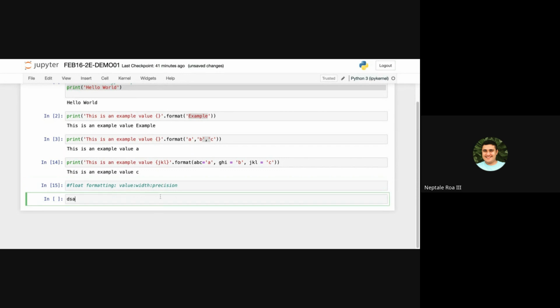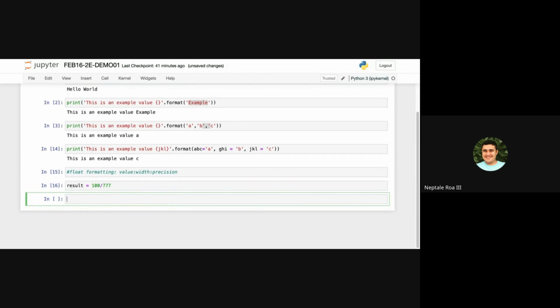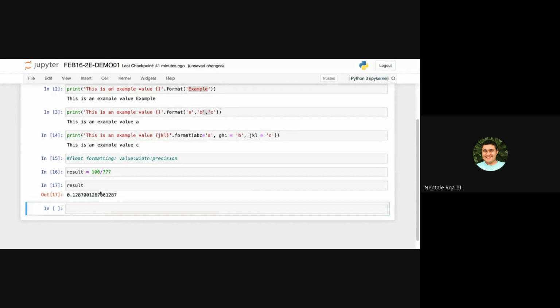So for example, I have here result. I will use a variable to hold an answer for a specific mathematical expression. So result is equivalent to 100 divided by 777. So if I will call result, ito yung lalabas. Okay? Now, if gusto lang ng client mo na ipalabas yung 3 or 2 digits or 2 decimal points ng given result, you can do float formatting. Now, for example, you can have it like,